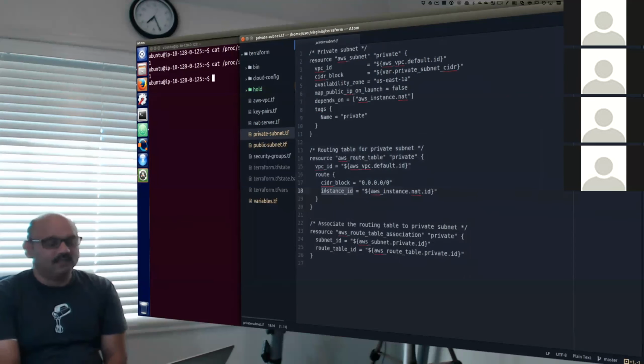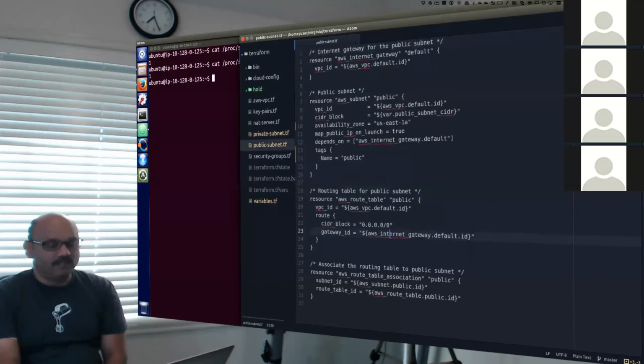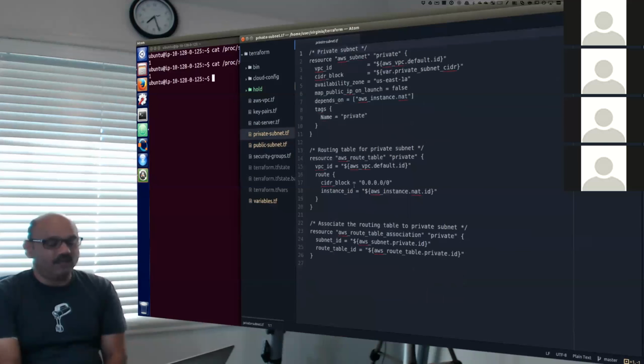We are saying that, for the routing table for the private subnet, the private route should go through the NAT instance, not directly through a gateway. You compare that with the public subnet and look at the routing table. For public subnet, it uses the internet gateway already in line number 23. For the route to anywhere on the internet, use the gateway. Whereas in our private subnet, we would like it to go anywhere on the internet, but use the NAT instance.